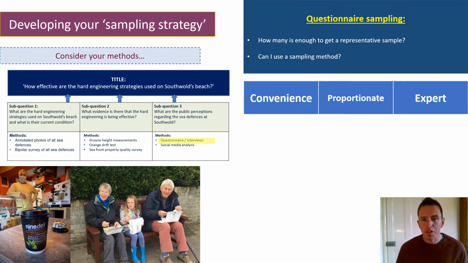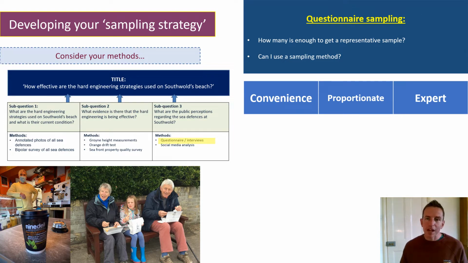Now it's possible to do that, but like I say, it's probably likely that that will result in you getting slightly fewer people responding to your questions than if you used the convenience approach. The expert one, the reason that I've got that on there is that the expert questionnaire sampling technique actually refers to this idea of speaking directly to the people that you know are going to have the most information about your issue, and not worrying too much about the quantity of information or the quantity of people that you speak to,